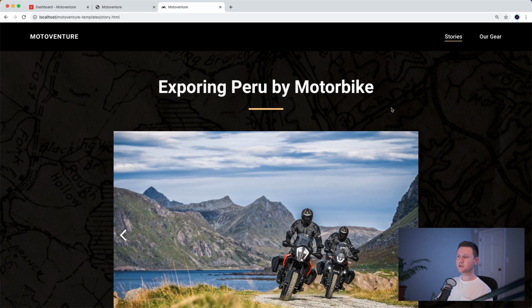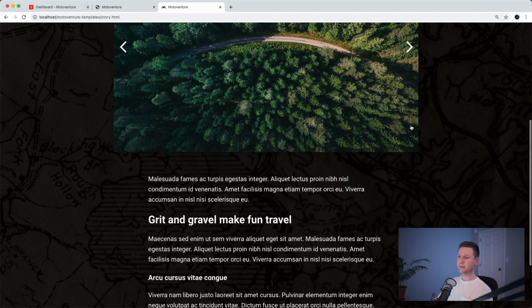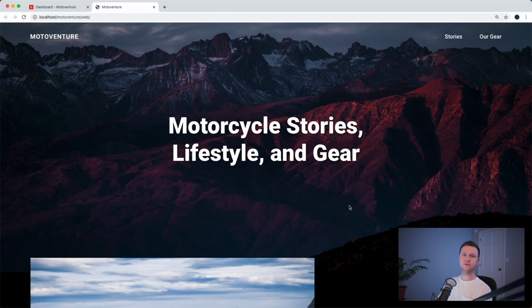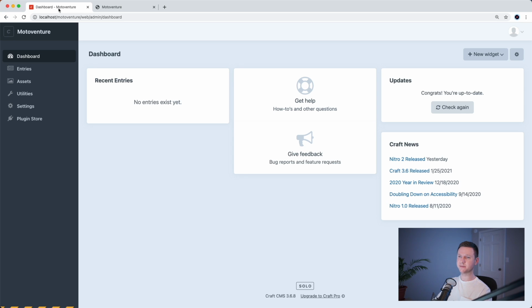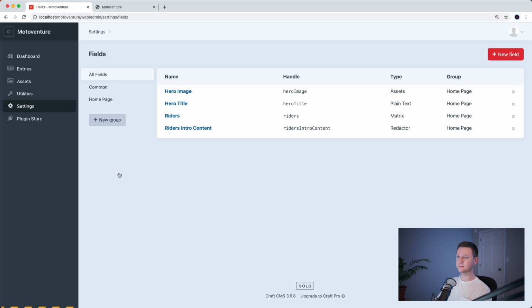So if we look at what stories look like, now this is just HTML, it's not in Craft yet, but stories have a title, they have a photo gallery, and then they have rich text content. So we have to create a few new fields in Craft CMS for the stories. So let's go to our Craft CMS admin panel and we'll go to settings, fields, and we'll create a few